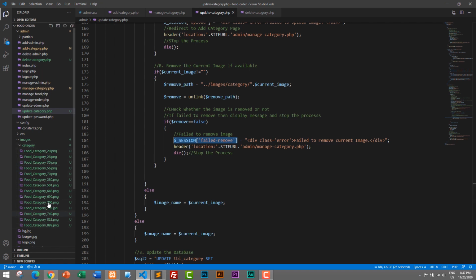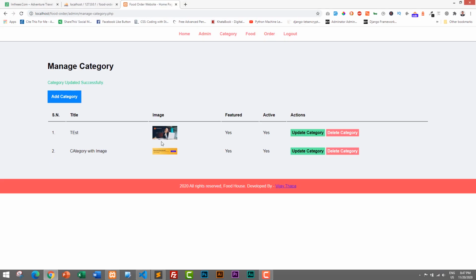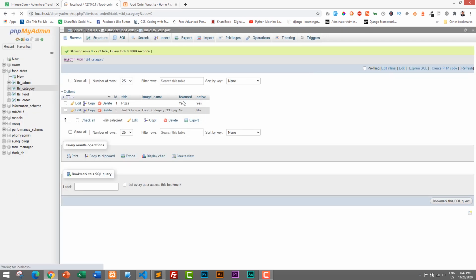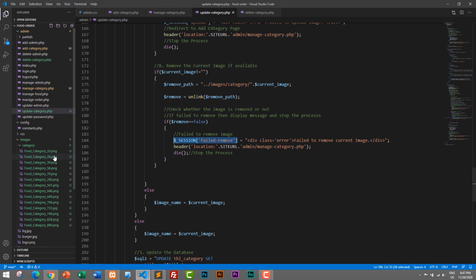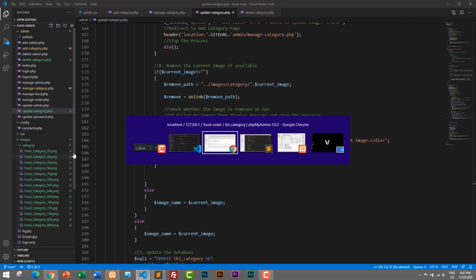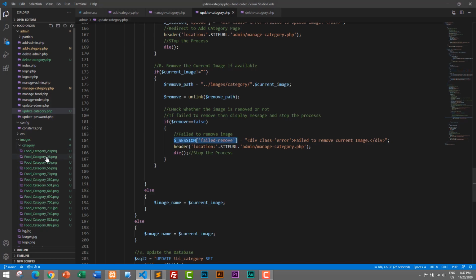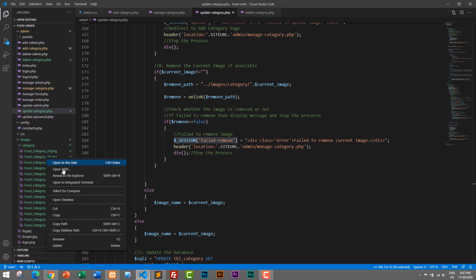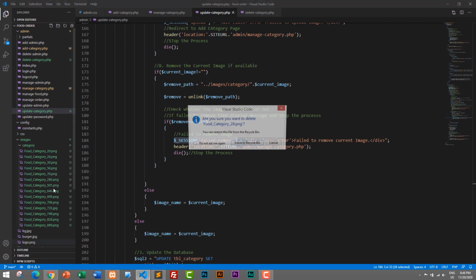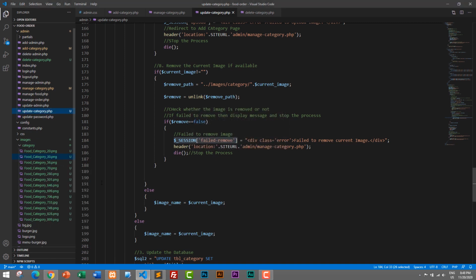But while testing, I have added a lot of categories, so I will delete all of those images and only remain these 2 images. Okay, so I will go to database, I will refresh the database, and I will see the name. So I will only store 2 images, category 20 and 733, and I will remove all of those. So category 20 and 733. Okay, so I will remove this one, delete, move to recycle bin,